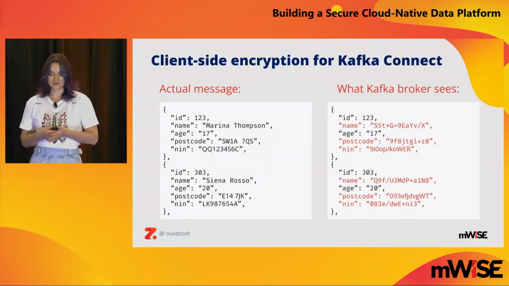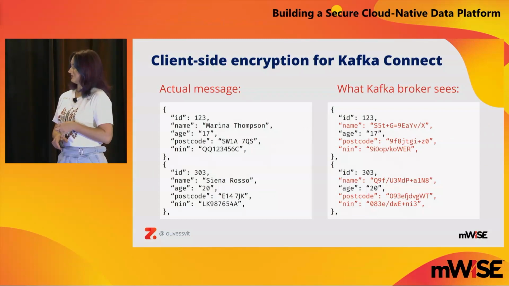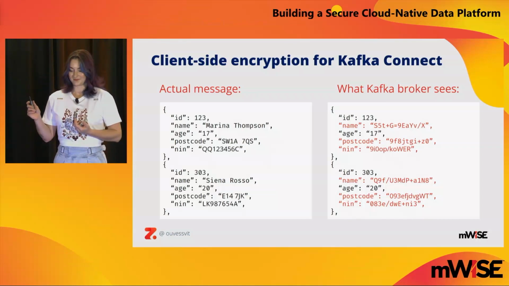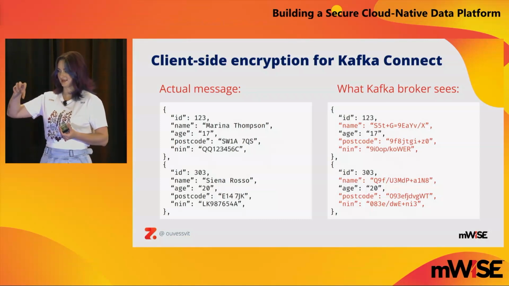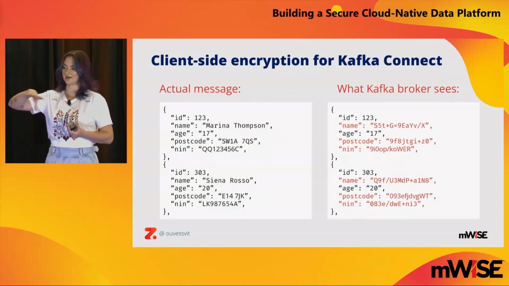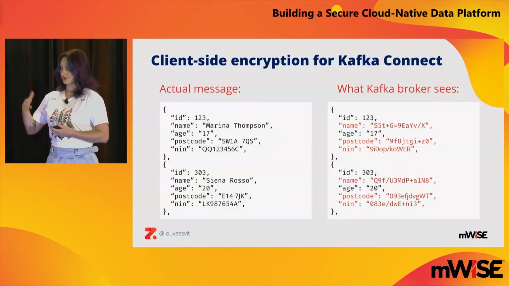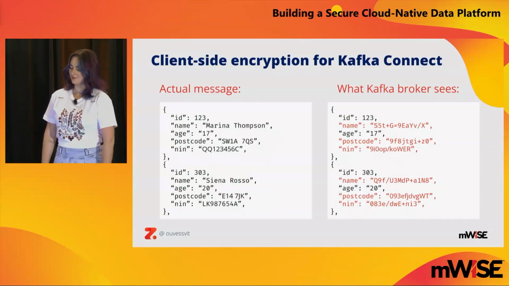And speaking of field level access, if you do use Kafka, you now start having techniques around field level encryption, and that's really cool. For Kafka Connect, it exists, like client-side field level encryption. Kafka Connect is like an intermediary between Kafka and your clients. With Kafka specifically, your brokers will see everything. So if someone compromises a broker, well, they will see the raw data. But you can now